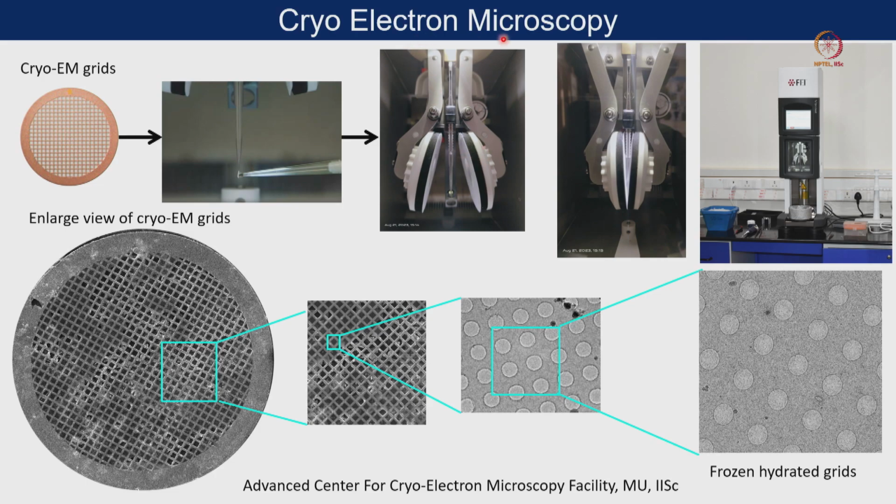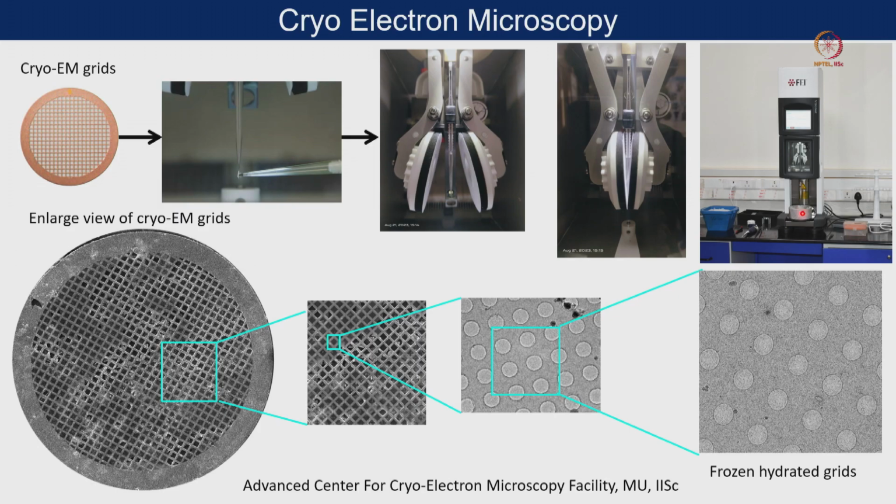Now here you can see one part of this freezing instrument, where there are 2 blotting pads with filter paper, and a small amount of sample is attached here. So these 2 blot papers will come closer and blot the extra buffer solution. Now you can see in the next step what is happening. Both blotting pads come closer and attach to the grid. Here you can see both blotting pads are very close to each other, and they blotted the extra solution from here, and then the grid is quickly plunged into the liquid ethane.